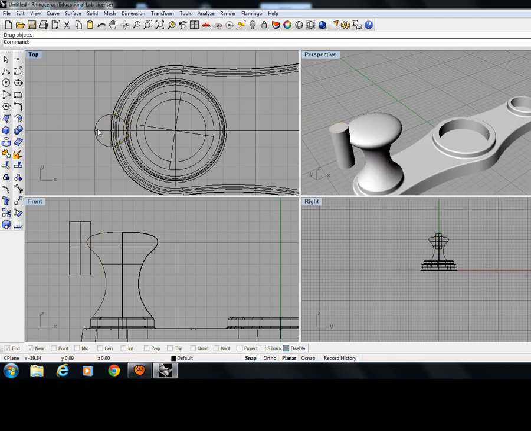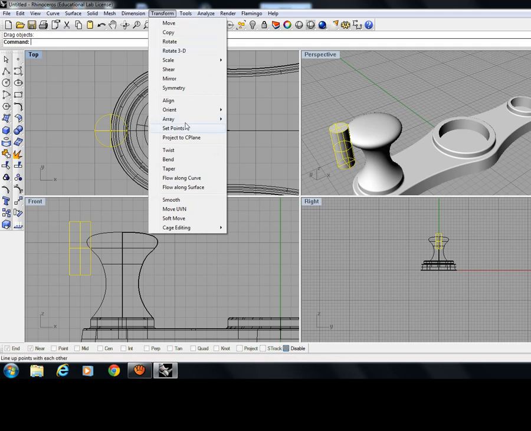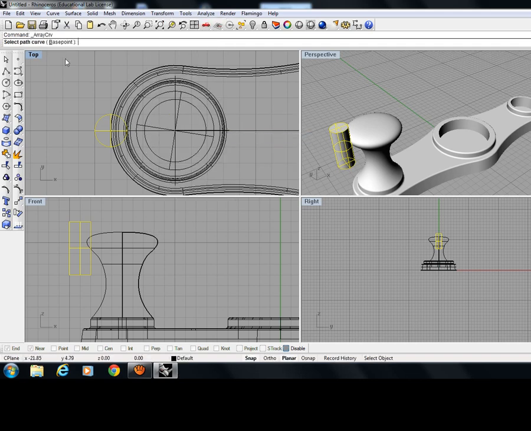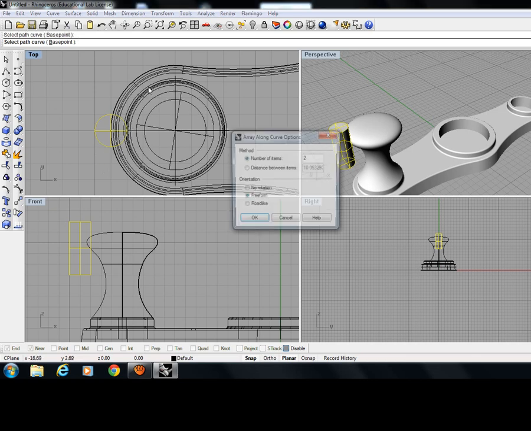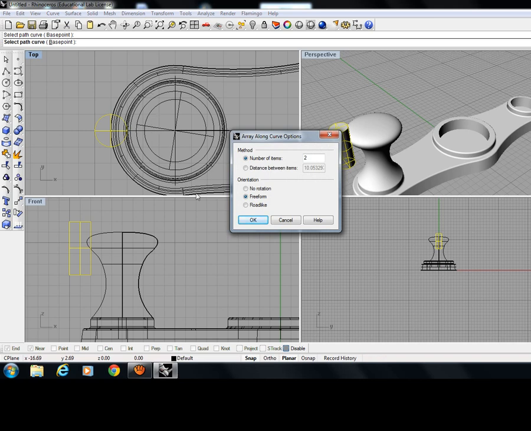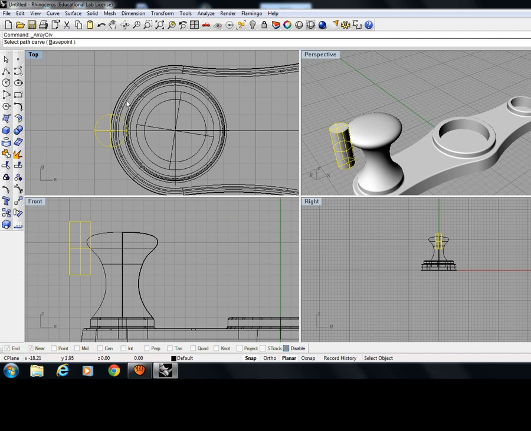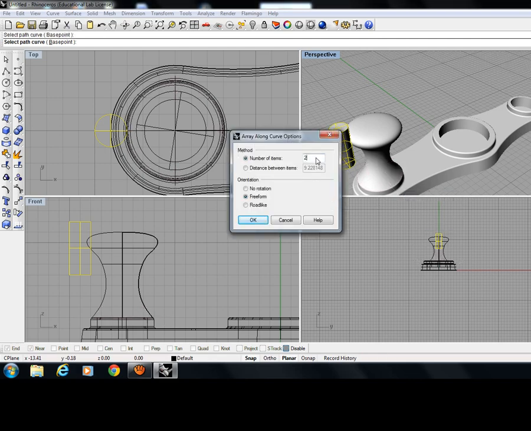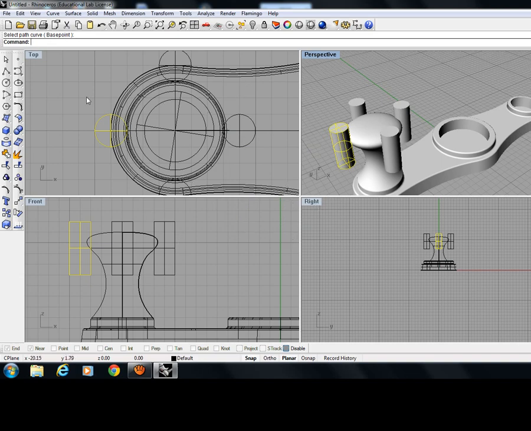And here we can do something very interesting, and I'm going to create an array. So you can go to transform, array, along a curve. Now the path curve is going to be this one. Let me do it again. Path curve. Yeah, the path curve can be chosen on the bottom part of the solid. That way is easier. So you can select the path curve, and we're going to choose four items. Now it made an array of these 4 cylinders